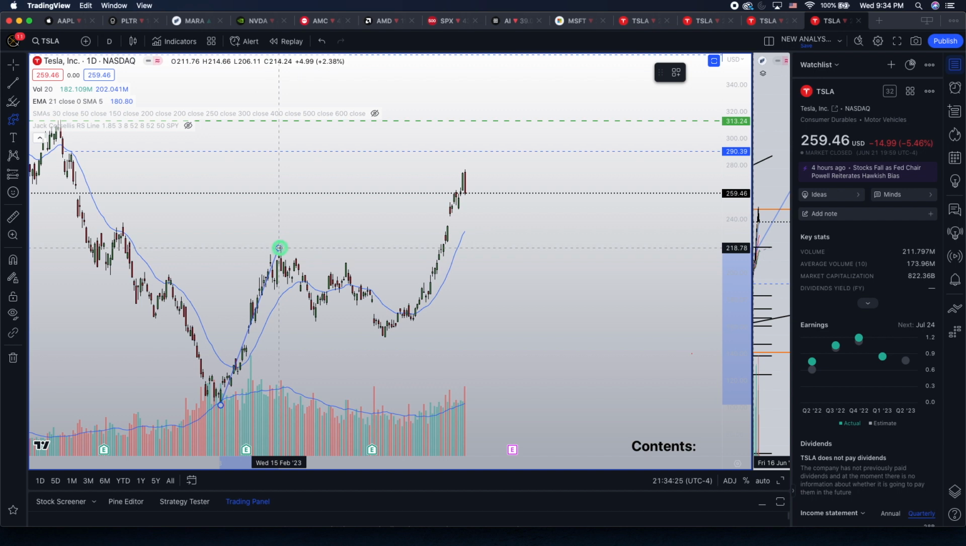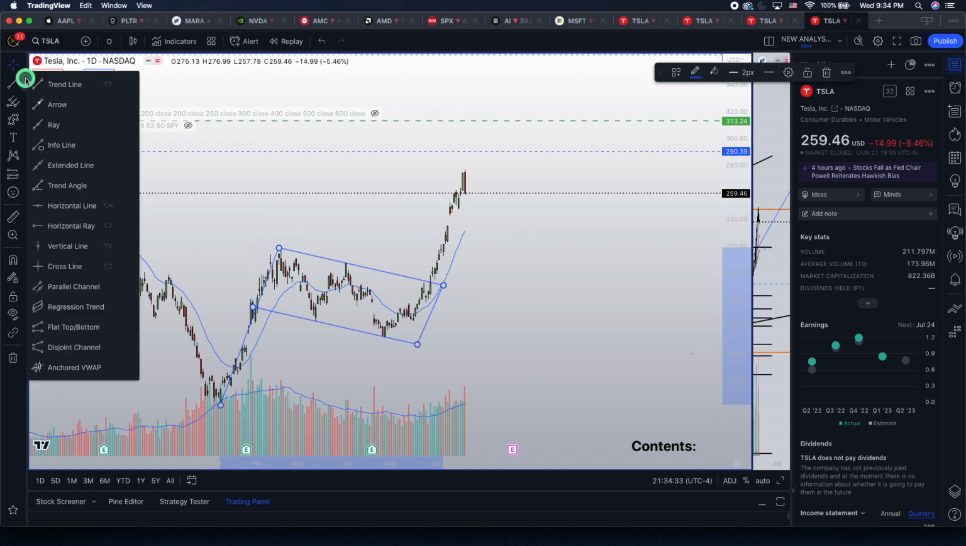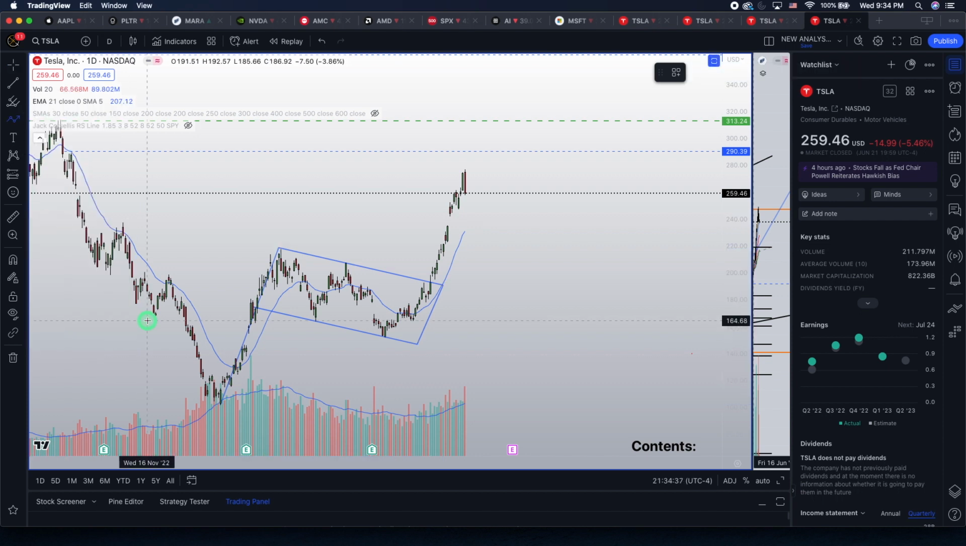Right, so over here we have a clear bull flag, and we got the breakout. This was our pull right here, and this was our bull flag. We broke out around $192, and I gave you guys a price target of $310,